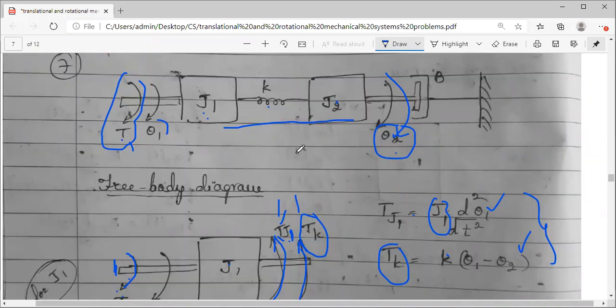How many forces, torques are there? Is any applied torque there? No, we don't have any additional external torque applied T. So that will be zero. How many components are connected? Check the elements there, so that I can include the opposing torques. J2 is there, so TJ2 will be one opposing torque. There is a spring, so TK, and there is a damper here, so TB. So totally 3 torques will be there.